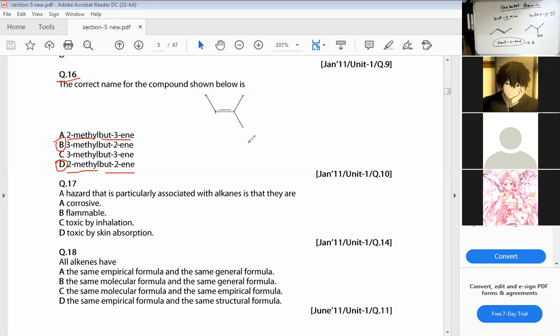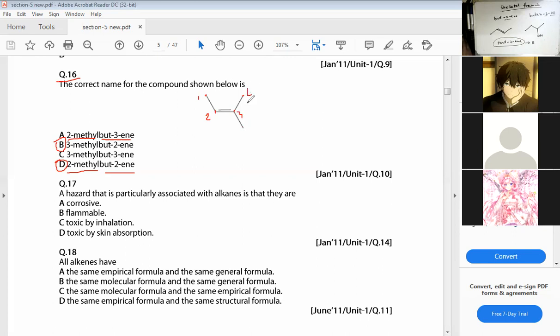So always we'll take from the lowest side, right? And lowest side means if it is 1 for the double bond, if it is 2, if it is 3, if it is 4, so it is 2-methyl. But someone who said 3-methyl-butene thought, well, it is 1, it is 2, because it is 2 in, it is 3, it is 4.